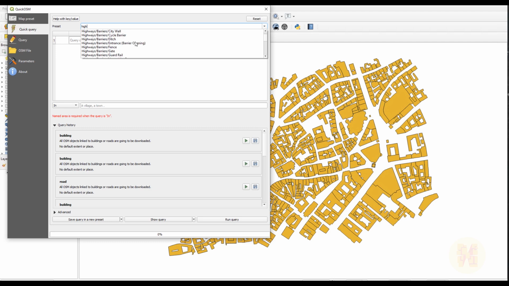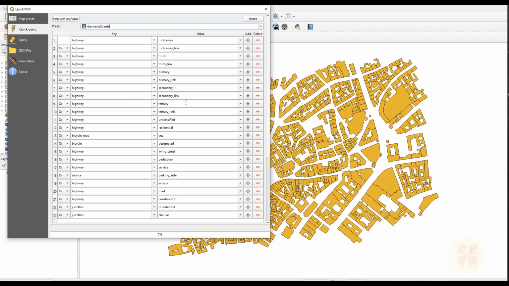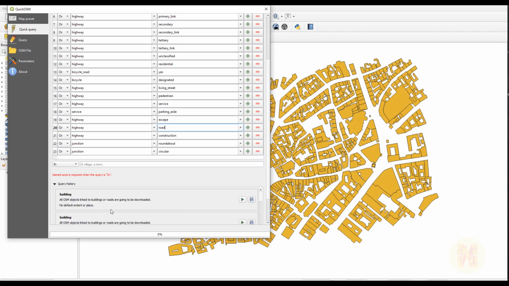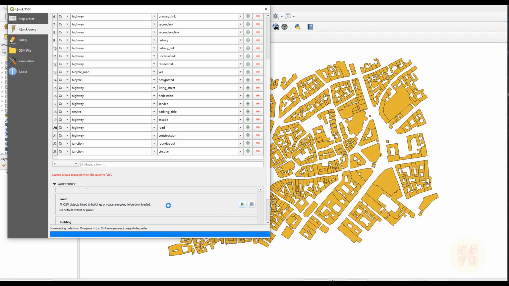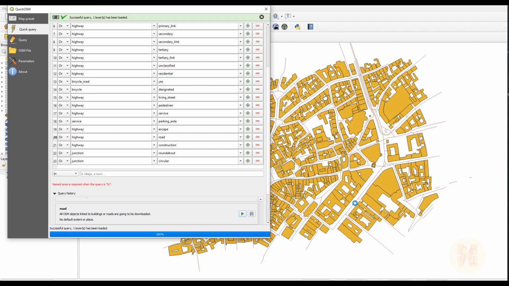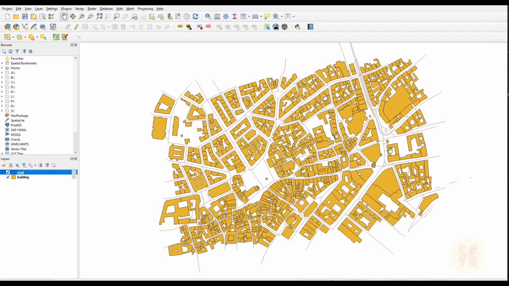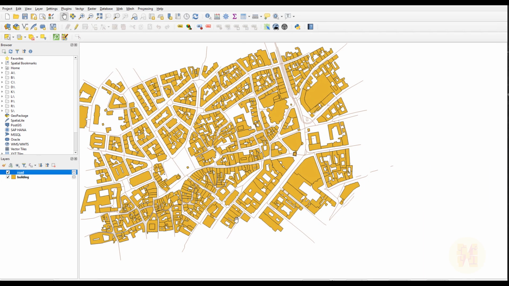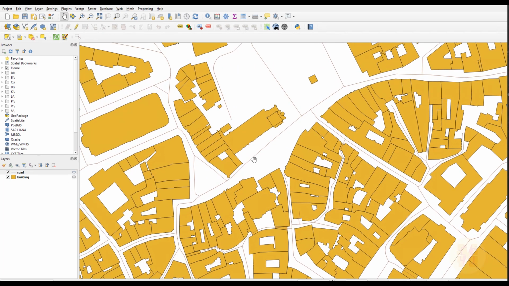As you can see here, we have different highways, like the passageways and all these things. We actually need highways and streets. And as you can see, here is the motorway, track, everything here, and we'll use it as a road. Now you will see, just a few seconds. I will wait. And what we can see right now, you can see all the roads here, all the roads which are crossing our